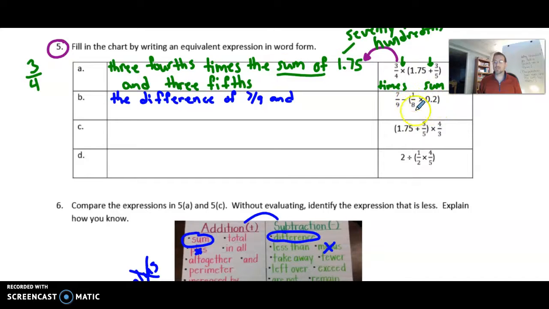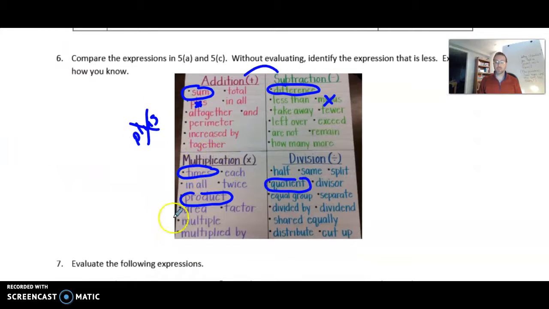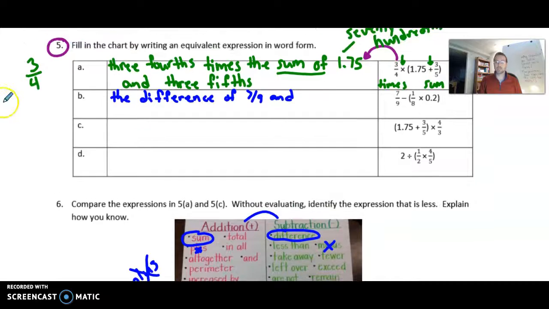So what's the word that we're going to use to find the answer in multiplying? All right, so coming down to our multiplying, which one is an answer to a multiplying problem? It's the word product. So we're going to use the word product in this case. The difference of 7/9 and the product of 1/8